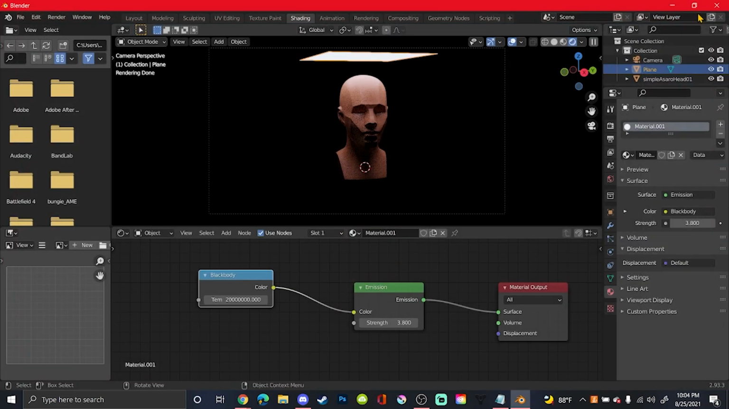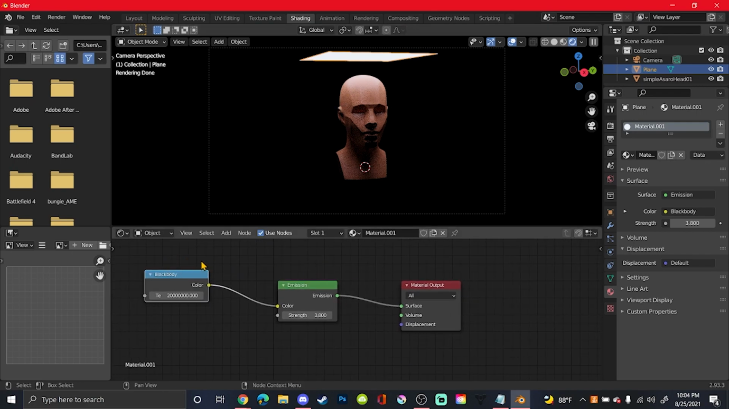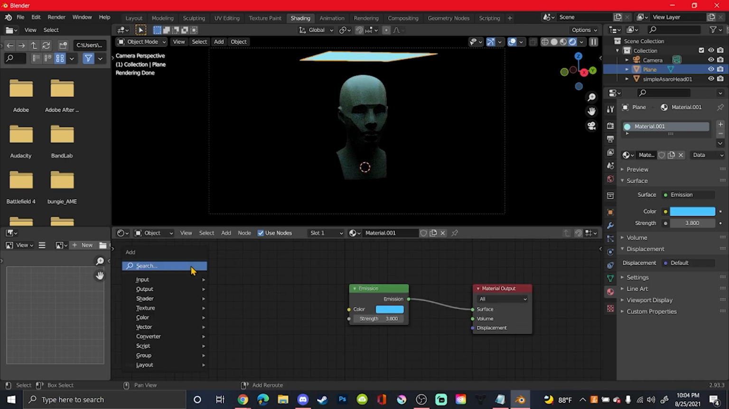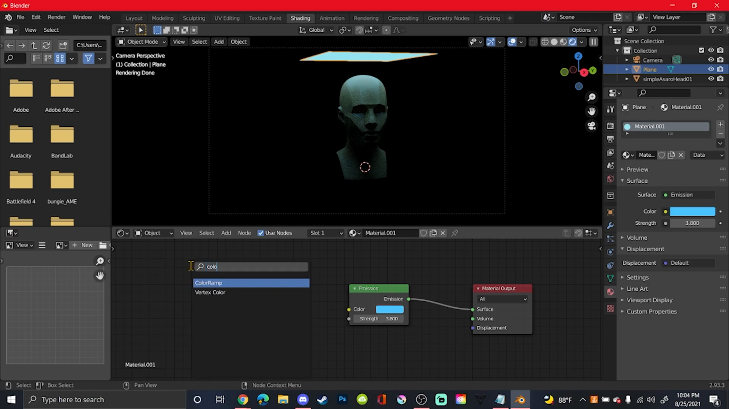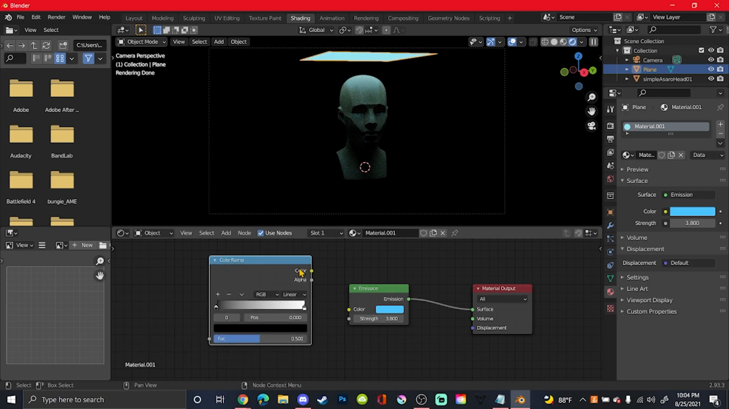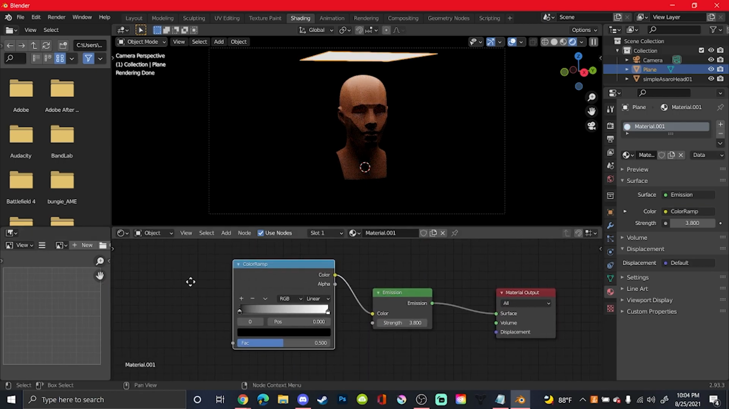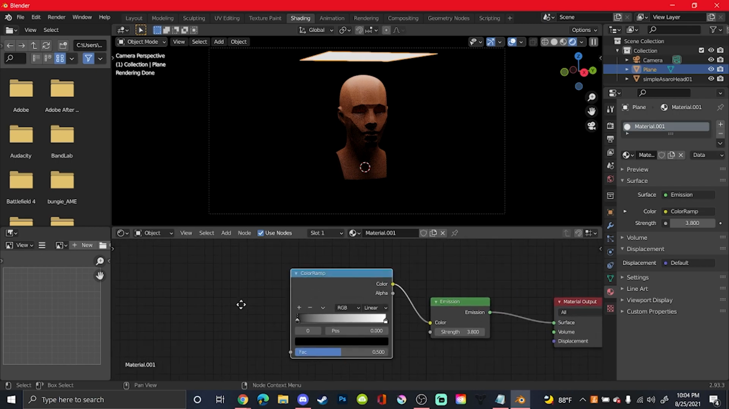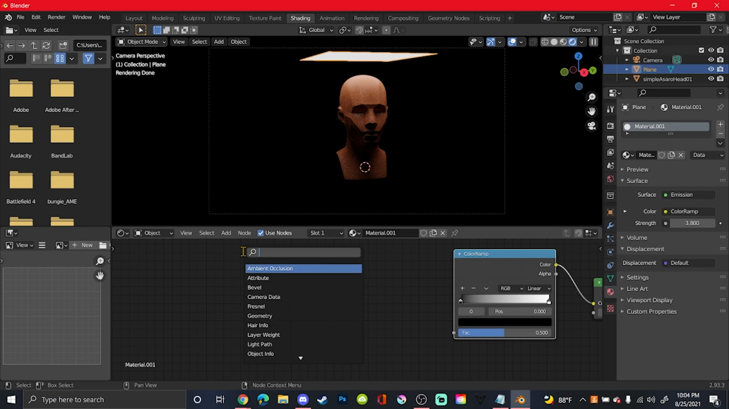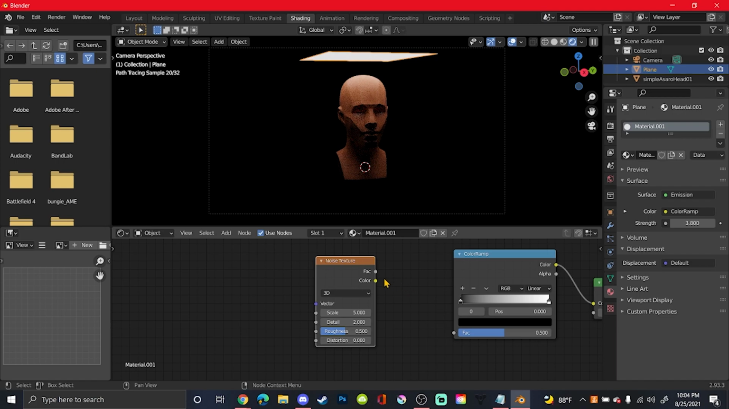And so you can also change out this material for something a little more advanced. Now don't worry, it's not going to be too advanced. So first of all, Shift A, color ramp. Now if you've seen a gradient tool, this is basically that. So now you click middle mouse down here, so you can pan over and Shift A and type in noise. So now you take the color, plug it into the factor,